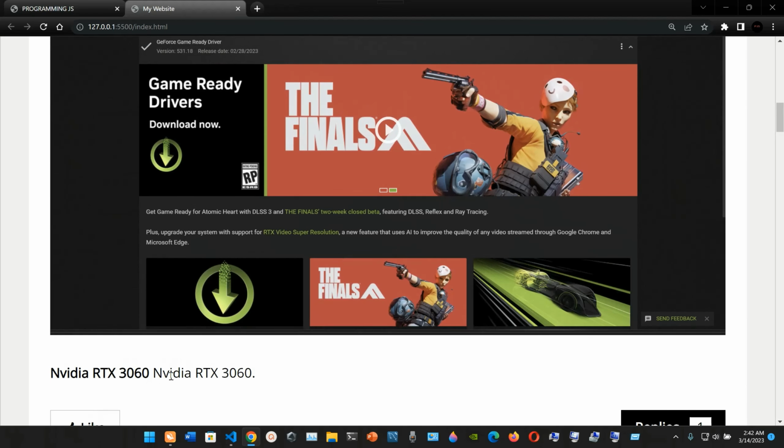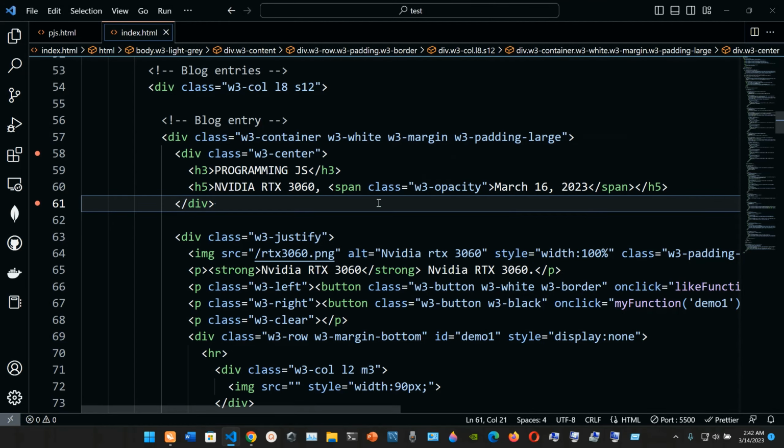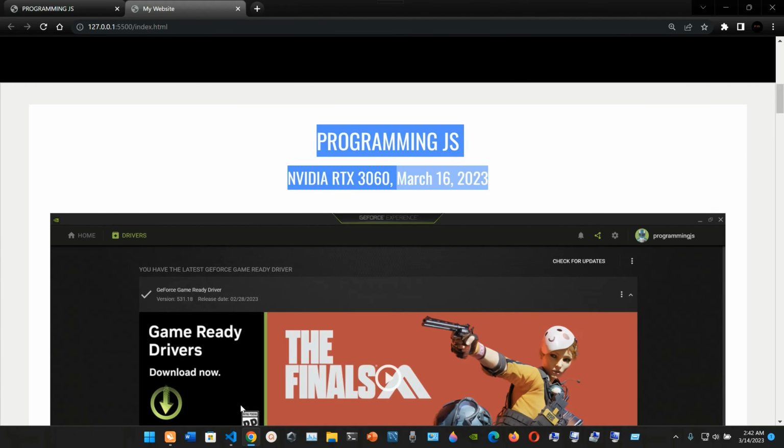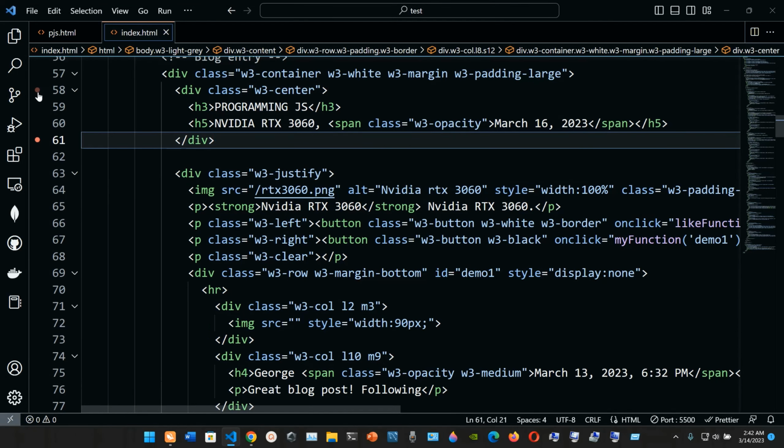I have here NVIDIA RTX. Okay, so we have this up to this point. So we're just dealing with this context, so we don't have the image yet. So now we're gonna go from lines